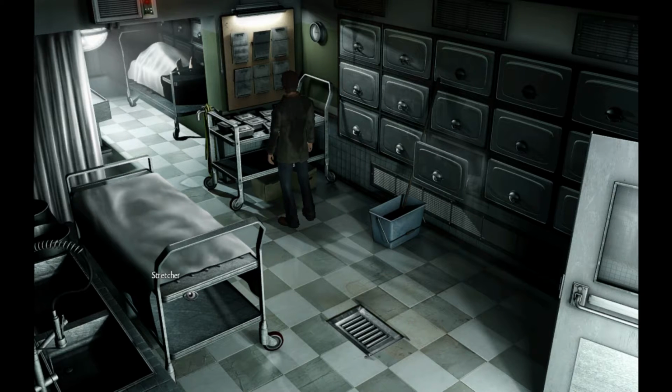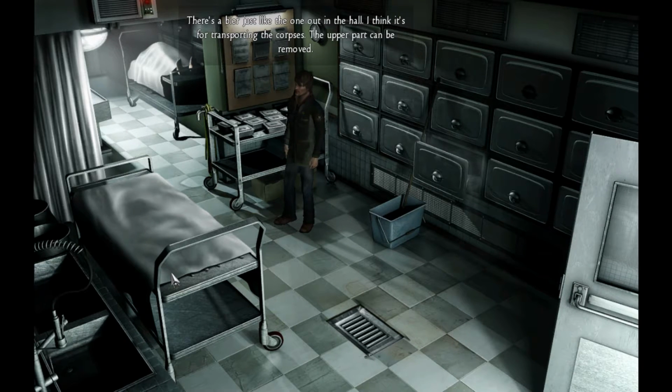I mean, if you're gonna build a secret basement layer, you might do some other things. There's a bier, just like the one out in the hall. I think it's for transporting the corpses. The upper part can be removed. Yes, but why are you telling me this? A metal bier. It's probably taken to...